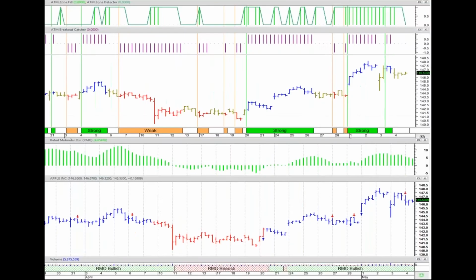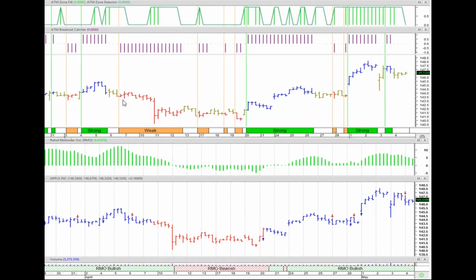Okay? So again, these are more comparisons. People ask me, look, if I use the RMO or the super filter model versus the breakout catcher, how is it different? Now again, you don't have to use every single ATM strategy out there. I've offered a different suite of tools simply because people work to different profiles. Like the RMO is more trend following, but the breakout catcher is more momentum. If you're looking at short-term momentum as well, it's going to give it to you.